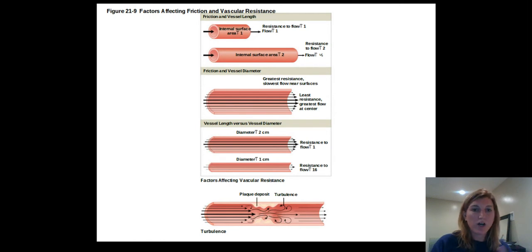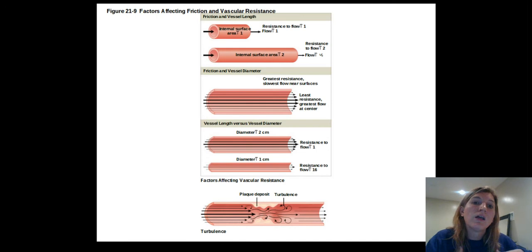So if we're talking about the pressure difference between going from your heart to your deltoid, your shoulder muscle, well, that's a relatively small distance. It's going to be a relatively low effect on blood flow. But if we're talking about your heart pumping blood all the way down to your gastrocnemius, your calf muscle, that's a much longer distance. So that's going to affect the flow of blood greatly. It's increased resistance because of that length of the blood vessel, because the longer the vessel is, the more friction there is